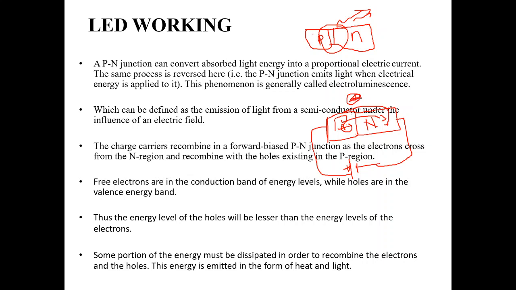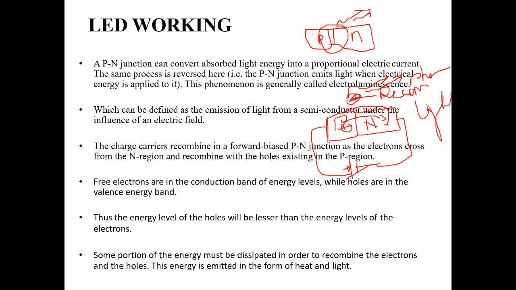So the process existing here is called the recombination process. Positive and negative charges collide with each other and are neutralized. In order to get the neutralization, they have to remove energy. By losing the energy, they come to neutralization. So how are they going to lose energy? In terms of light, nothing but in terms of photons. So they are going to release light energy. That is the working principle of an LED.